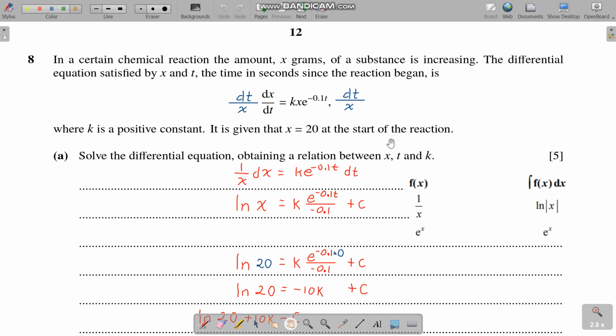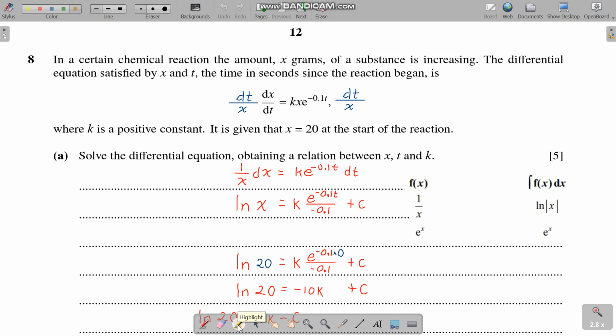This question is about differential equations. In a certain chemical reaction, the amount x grams of a substance is increasing. The differential equation satisfied is given. Solve. Okay, so when we're solving a differential equation, the first step is to separate the variables, everything with x on